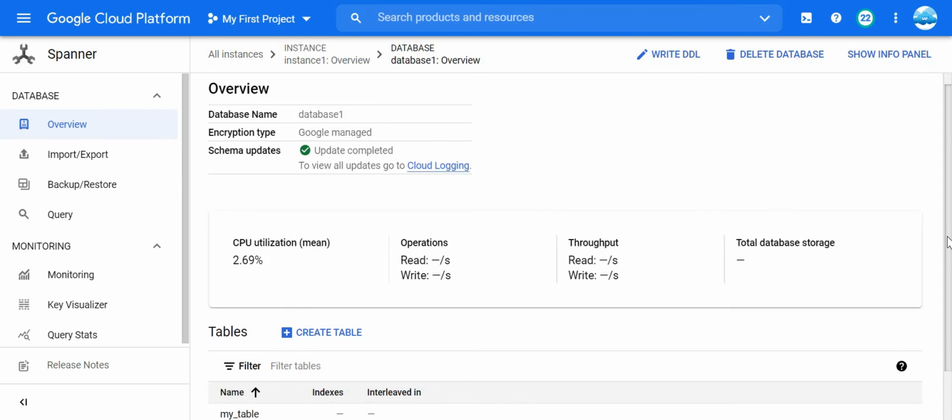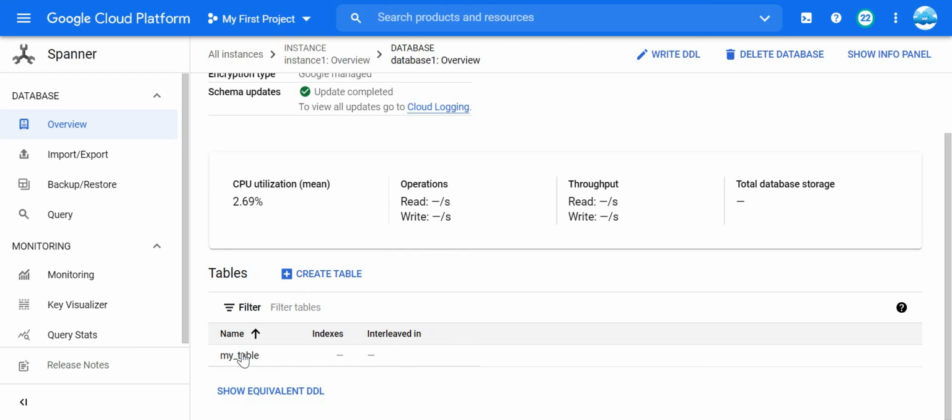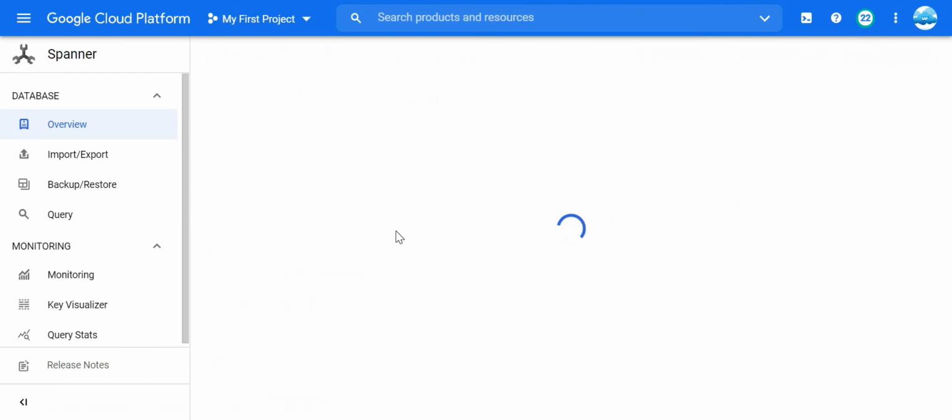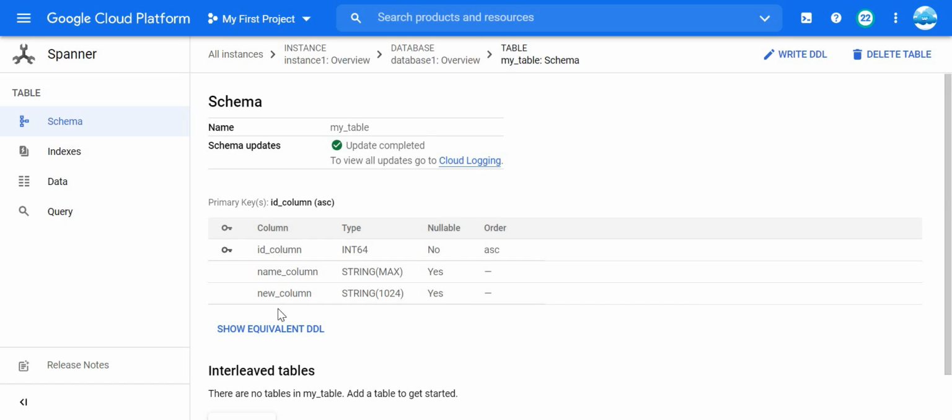Now if you go down, you can see this table has been created, which is my table, and these are the columns which I have created. So this is how you can create: the first step is the instance, then your database, and then your table structure.